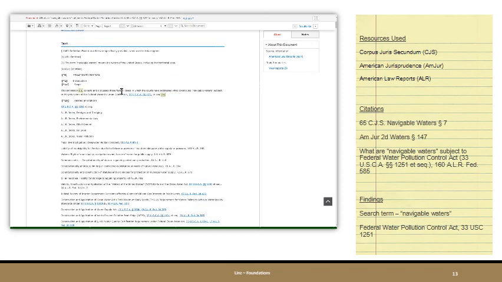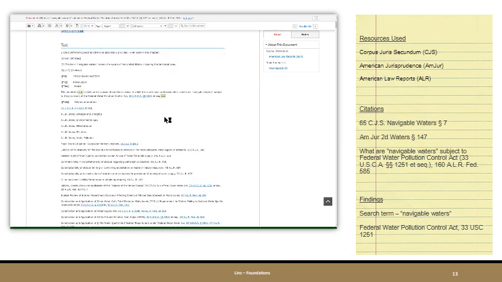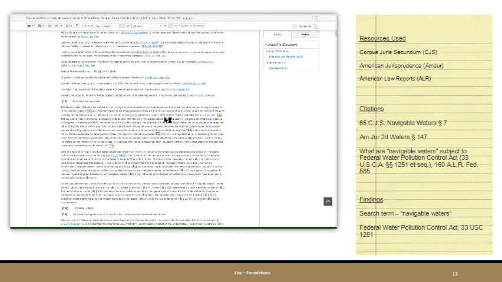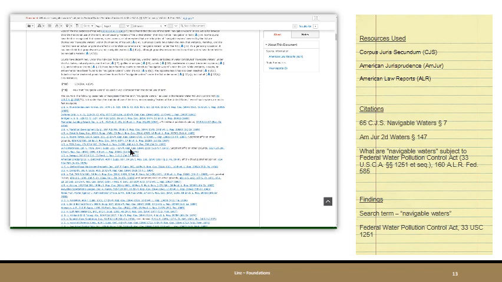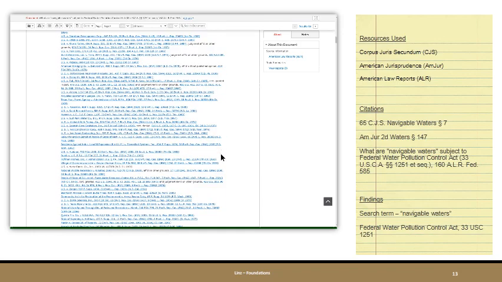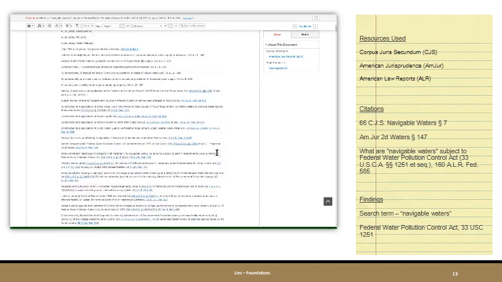This annotation collects and discusses those federal cases which courts have addressed what constitutes navigable waters subject to provisions of the Federal Water Pollution Control Act. And we can continue to read through the summary and comment and general views and authority that's cited. In this case, this is almost exclusively cases that's cited to support the author's description of what the law is.